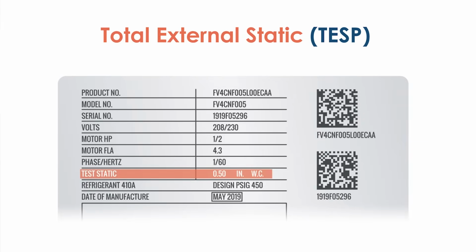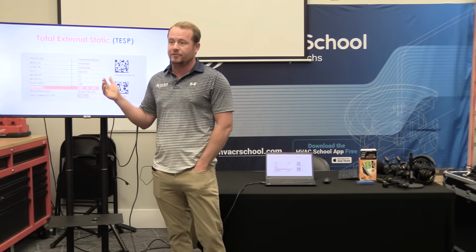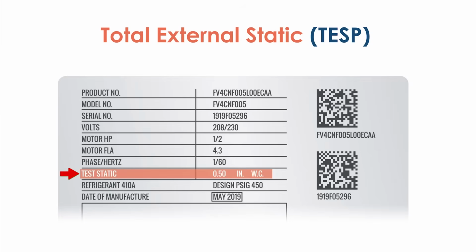When you look at a data tag on an air handler, for example, or on the inside of a gas furnace, it's going to have a data tag that gives this rating. It's going to list what the design test static is. So it'll say design static or test static, or it's going to give you a rated static pressure. And that doesn't mean that you can't have a static pressure that's different than that. It just means if you have a static pressure that's different than that, it's going to affect the system's performance, right? So maximum fan speed, this is what the test static is for the majority of systems, but they are